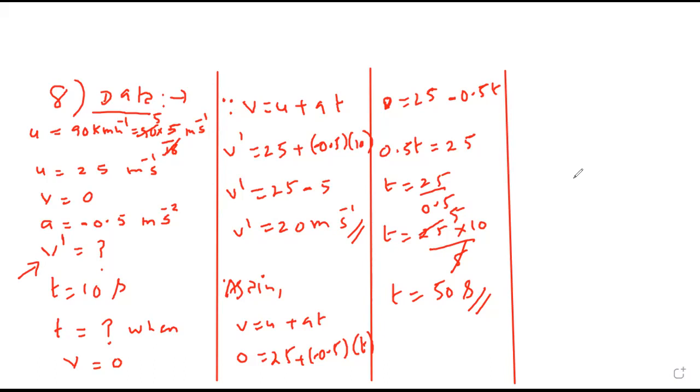Everybody is done? Shamek, you read now 9th. A car travels a distance of 100 meter with a constant acceleration and average velocity of 20 meter per second. The final velocity acquired by the car is 25 meter per second. Find the initial velocity and the acceleration of the car.